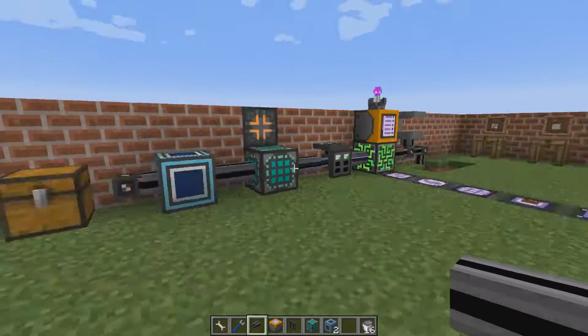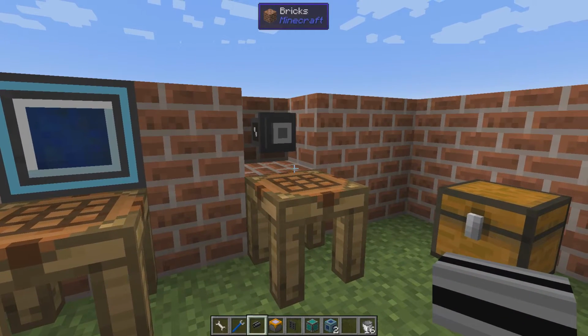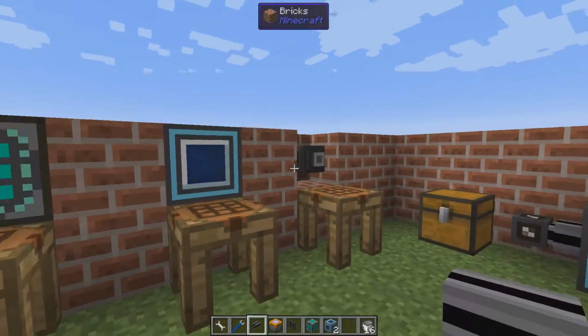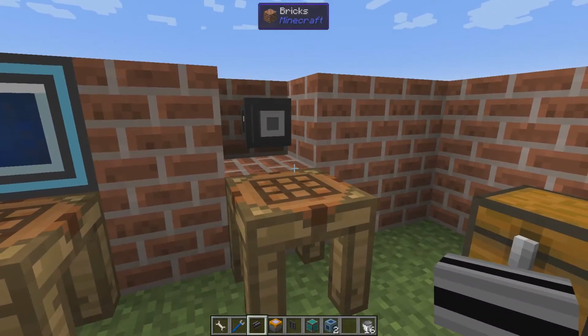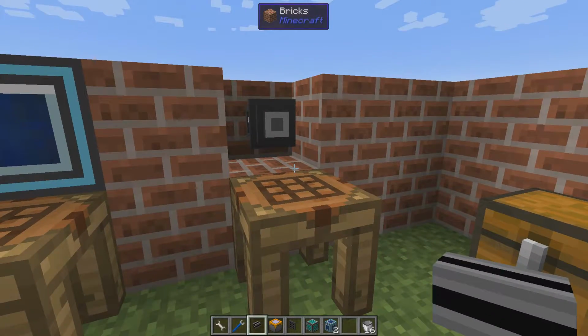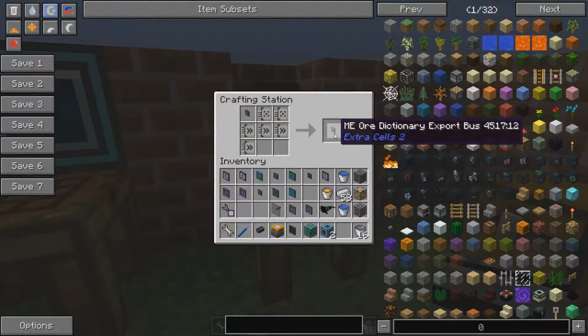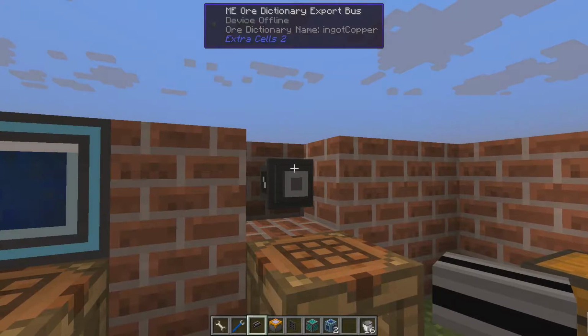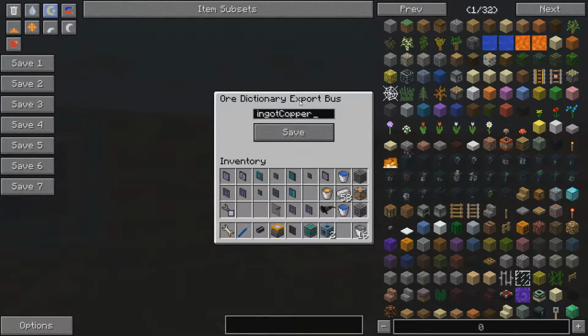And then, yeah, the last item on this side. This has nothing to do with fluids. So I should have taken this last, but let's take it now since I already mentioned it. The ME Ore Dictionary Export Bus. So this is quite a fun little thing. If we right click, we can export things that we have in the Ore Dictionary, like